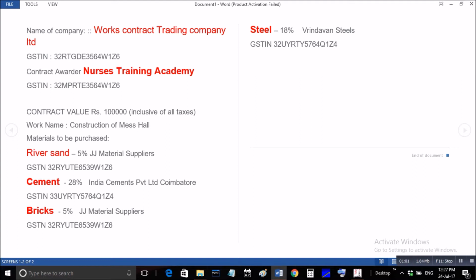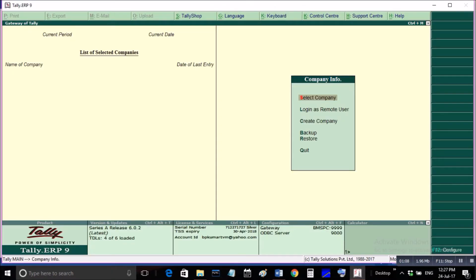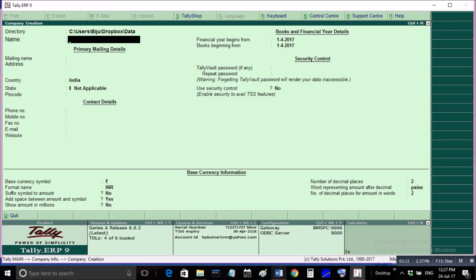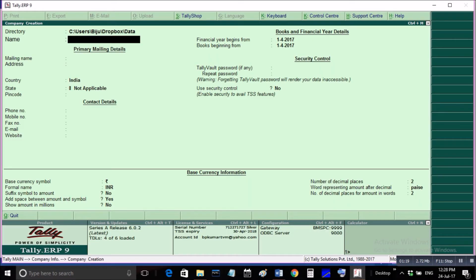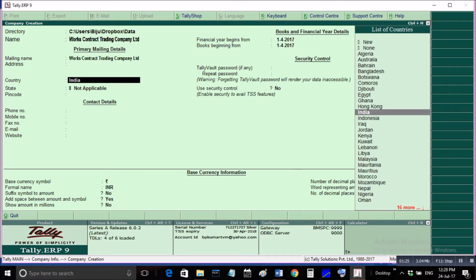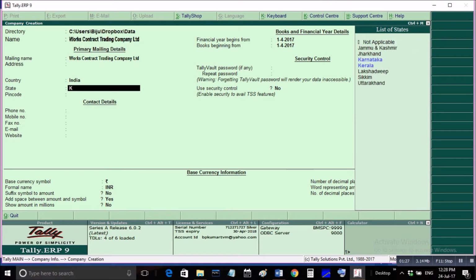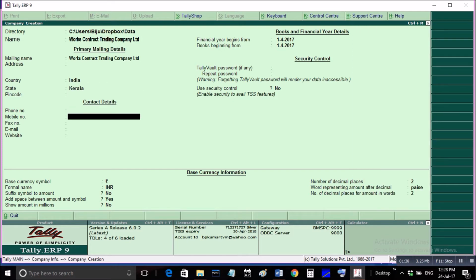So let us begin. Let us begin by creating the company and adding GST features. Go to Tally and go to create company. I am going to copy the name from my document, copying it and pasting this name into Tally. Country I have to mention, then the state I am mentioning as Kerala. Now for enabling GST I am taking the company books beginning from date as 1/7/2017,